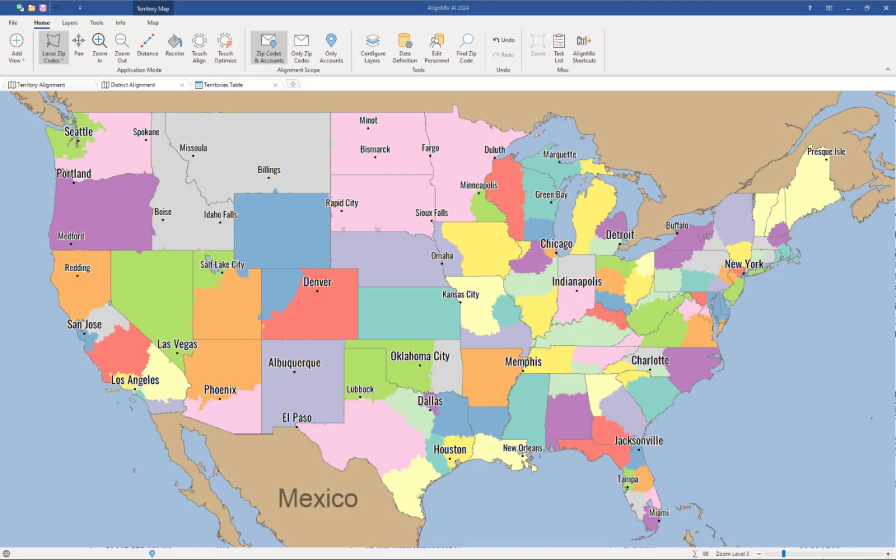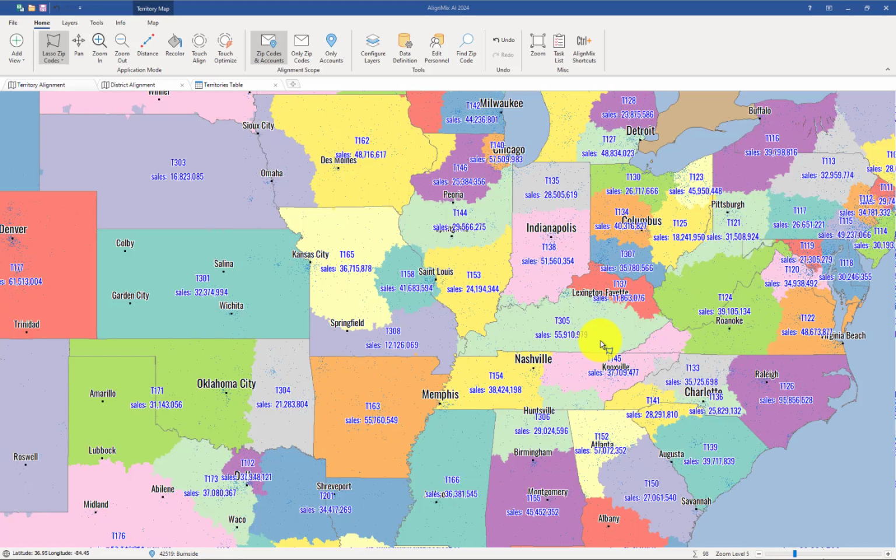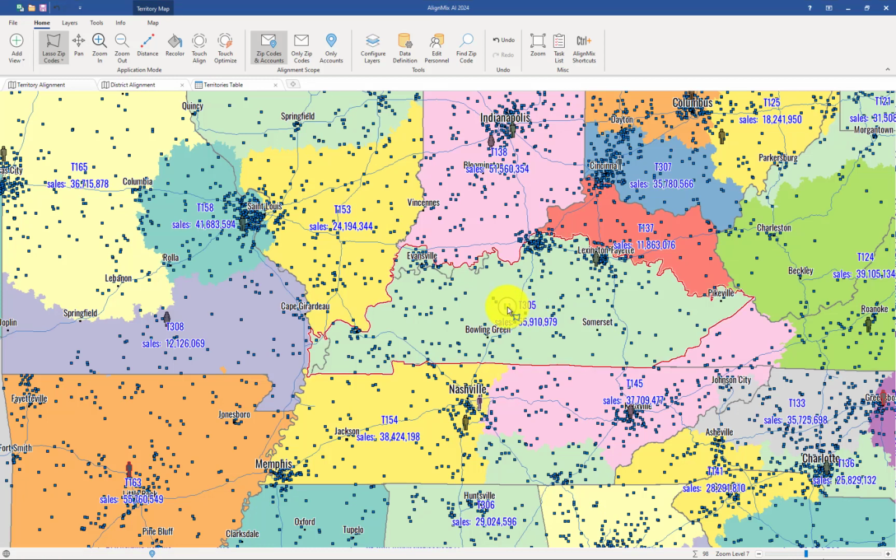In this AlignMix video, you will learn how to export data for an individual territory out of AlignMix and into Microsoft Excel. First, choose the territory you want to export. Then you simply right-click on that territory, click here on the blue arrow under Export, and then select Export to